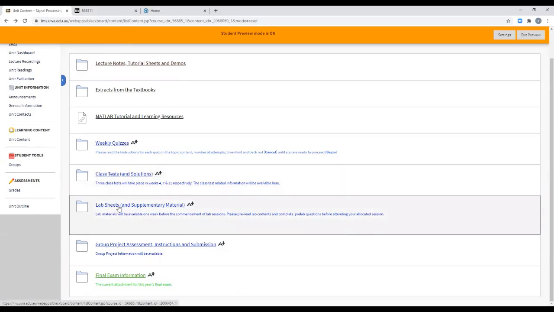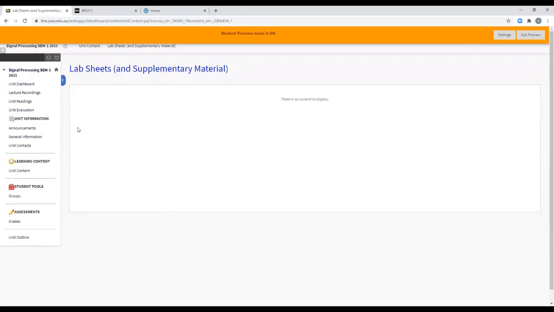Next one, lab sheets and the supplementary materials. As mentioned, lab 1 will start in week 5, and I will upload the lab menu into this folder by the end of week 3, so that in week 4 you have at least 1 week to work out the pre-lab questions, and then in week 5 you can attend your lab sessions. By then the lab menu will be given here,